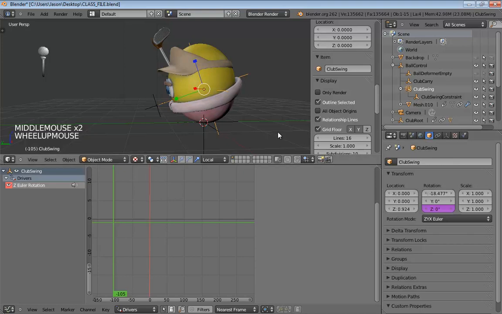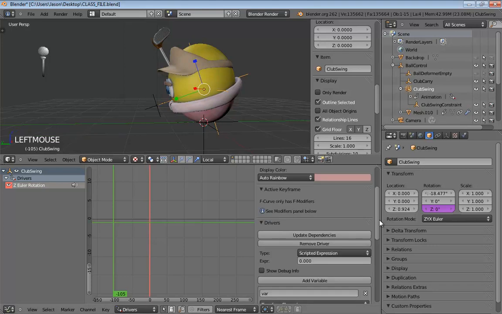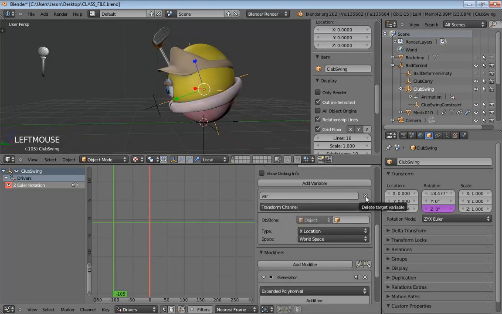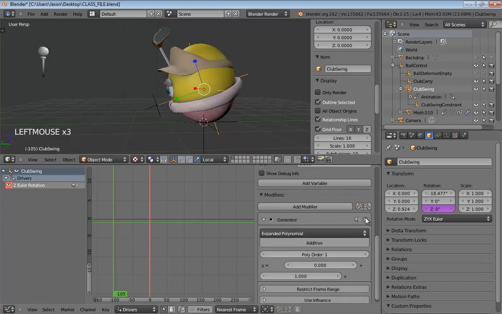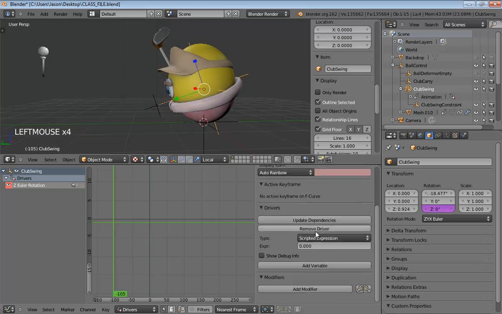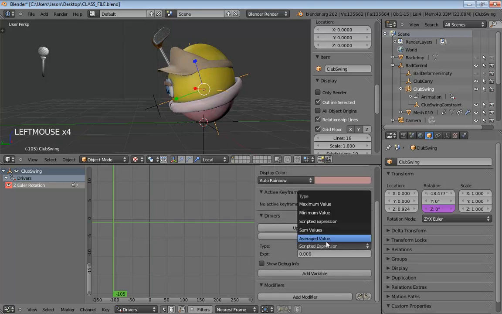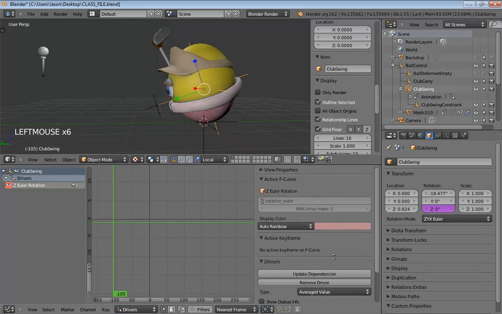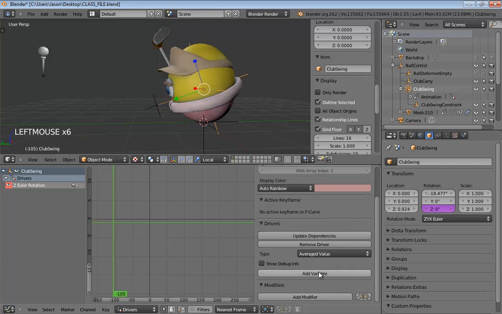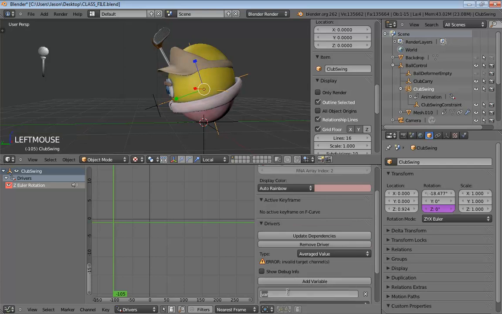We don't want to put add drivers because that'll give us a driver for each one of the axes, which is overkill. And we will kill off the variable. We'll kill off the generator. We'll set the type over to average value. And let's add in a variable. So this will be var club swing.